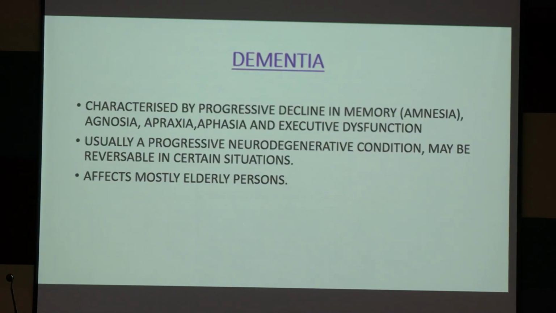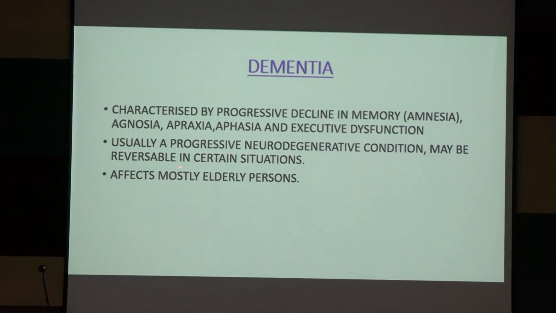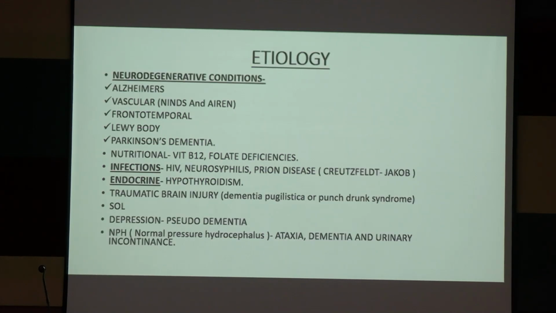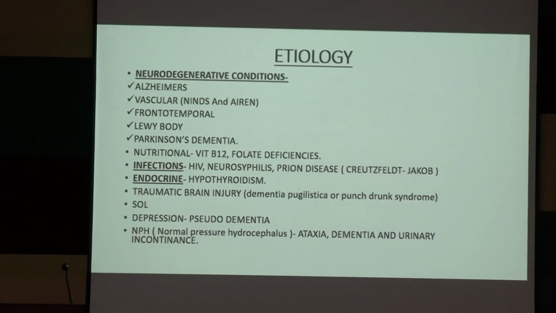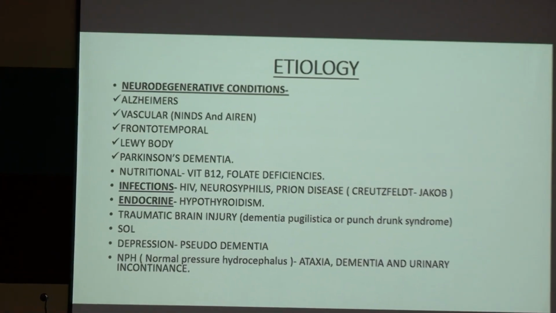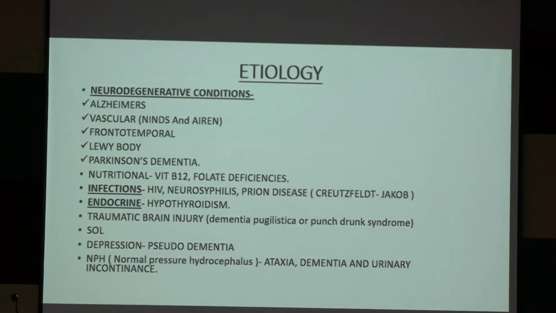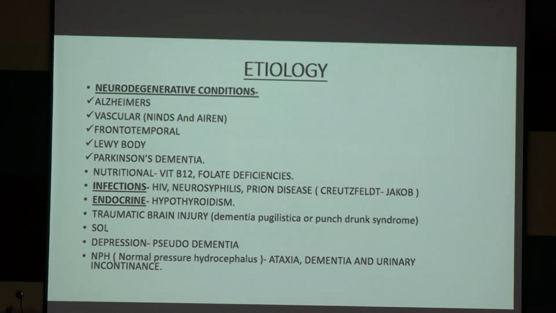বসো বসো, ঠিক আছে, অ্যামনেশিয়া, অ্যাফাসিয়া, অ্যাপ্রাক্সিয়া, অ্যাগনোসিয়া, এগুলো আমি বলছি কি কি হয়। Dementia is a progressive neurodegenerative condition which can be reversible in certain situations and it affects mostly elderly persons, ঠিক আছে। Then etiology, কি কি কারণে ডিমেনশিয়া হতে পারে? Number 1, it is a neurodegenerative condition and it is usually irreversible, ঠিক আছে, দুভাবে করা যায়, একটা রিভার্সিবল ডিমেনশিয়া এন্ড ইরিভার্সিবল ডিমেনশিয়া, ঠিক আছে, একটা মানে গ্রস ক্লাসিফিকেশন, আর ইটিওলজিক্যাল ক্লাসিফিকেশন ইজ দিস, ওকে।